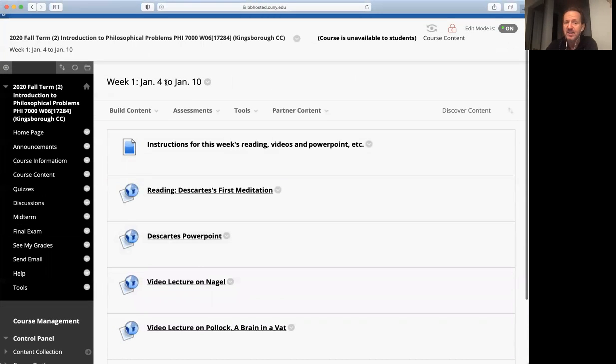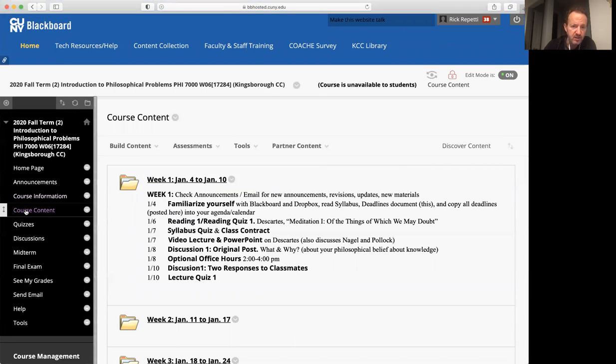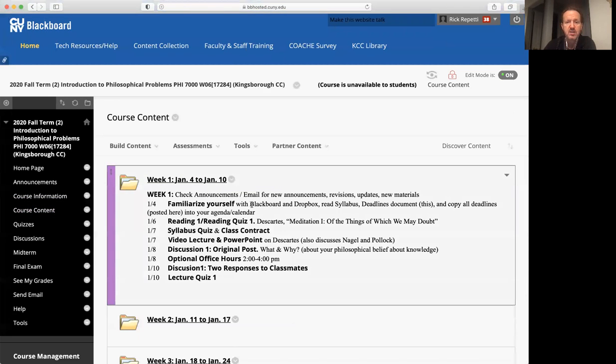And I put the dates up there. Week 1 is from Monday to Sunday, although Sunday technically begins the week. We call Sunday part of the weekend, right? Rather than the week beginning. So I'm treating the classes as if a week is always from Monday to Sunday. Okay, so I'm going to go back into course content, which you could do up there, or you could just do it from over here, right? So that was week 1.